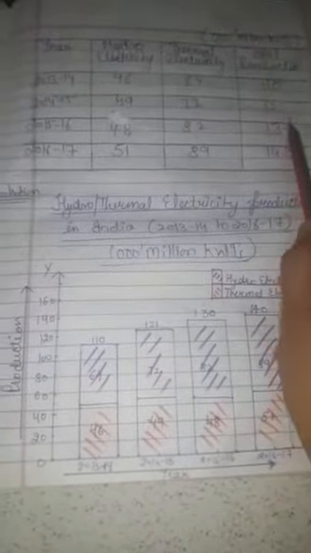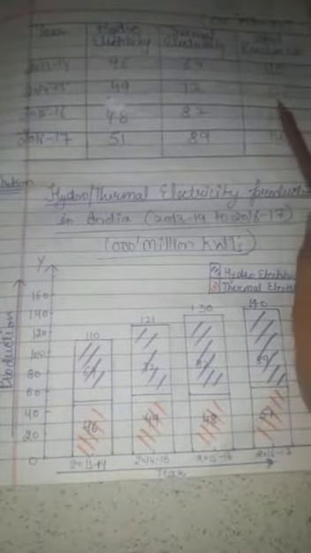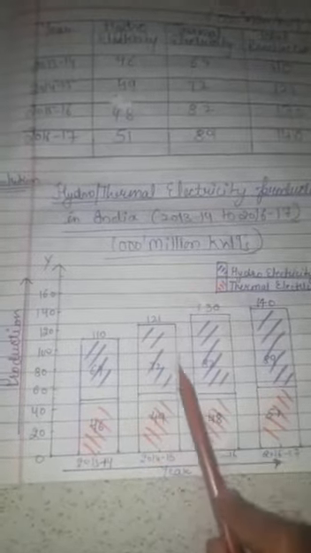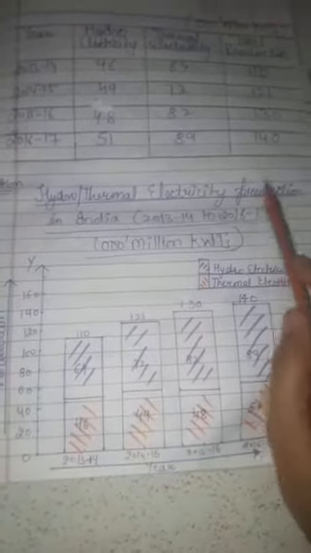Now see here, first of all what we are going to do is mark the total production in each year. Like in the first year the total production is 110. So firstly we will make a bar up to 110. Clear? In the second year the production is 121. So the second bar will be made up to 121. The third bar is up to 130. And then the fourth bar is 140, so the fourth bar will be made up to 140. Clear? This is the first step. We will make the bars according to the total values.